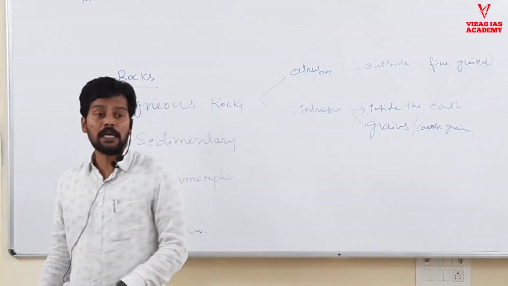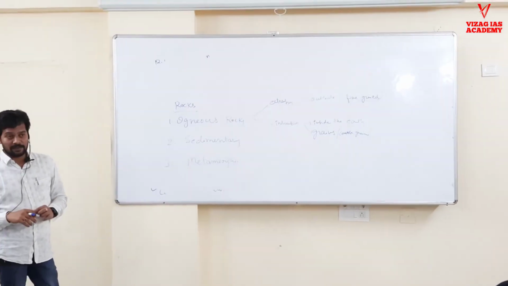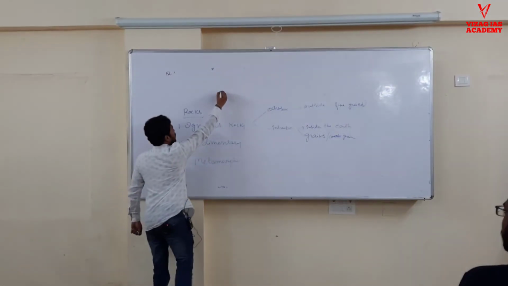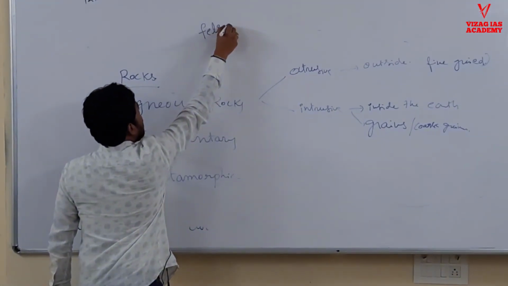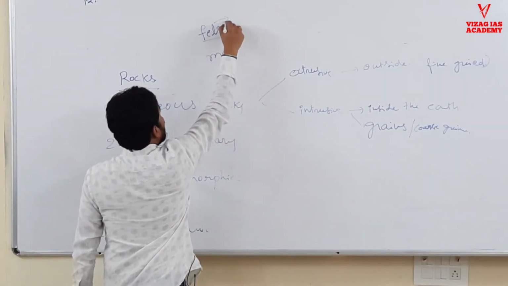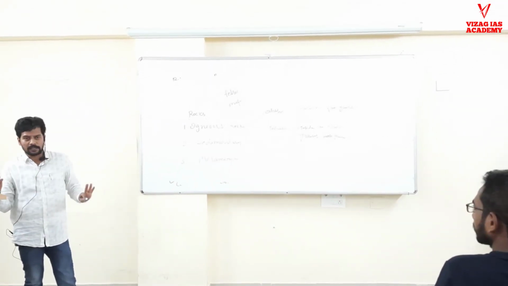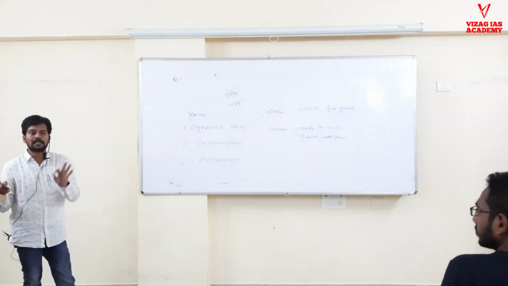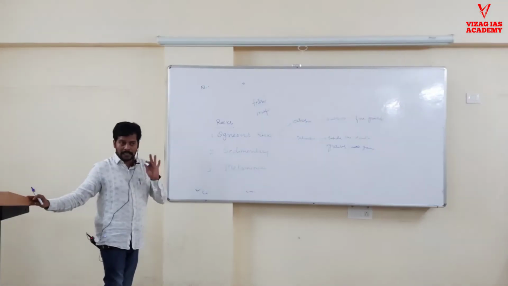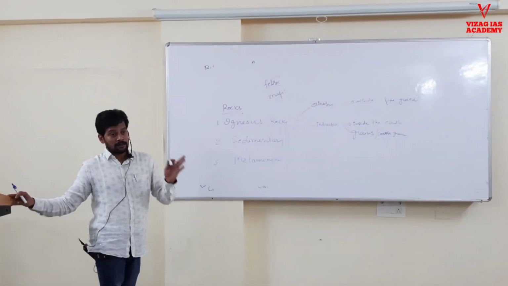Okay. Not only that, based on the mineral content also, these will differ. There are 2 types of minerals, felsic and mafic. Felsic is nothing but feldspar, silica. Don't worry about what feldspar is, don't try to Google a geology dictionary, don't read it. Feldspar is one of the minerals, light colored, less dense minerals. Felsic minerals are light colored. You have seen granite, some are in light color, some are in dark color.